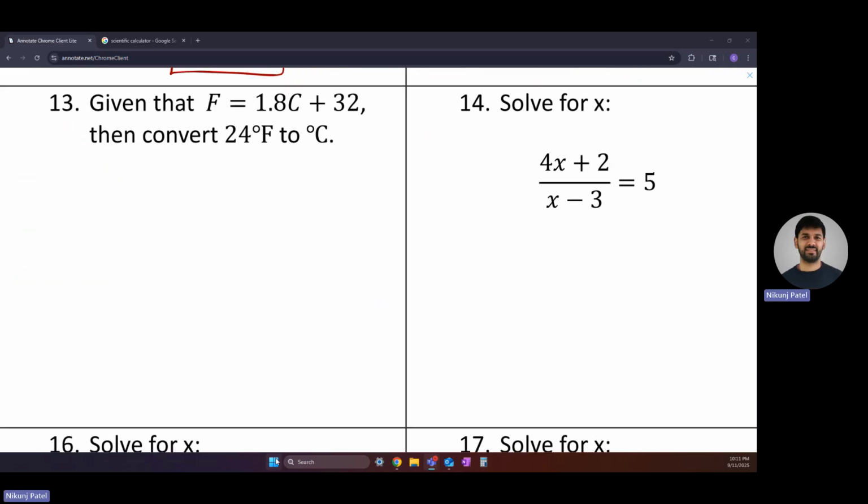Let's take a look at the next one. Number 13, this one gives us a conversion equation where it says F equals 1.8C plus 32. Here's an equation, and then it says convert 24 degrees to Celsius. So if it's a situation like this, you can take 24 or whatever the Fahrenheit is and replace it on the Fahrenheit variable, and then you solve for the other variable here. So rewriting this, instead of F equals all of this, I'm going to replace the F with the 24. So we have 24 equals